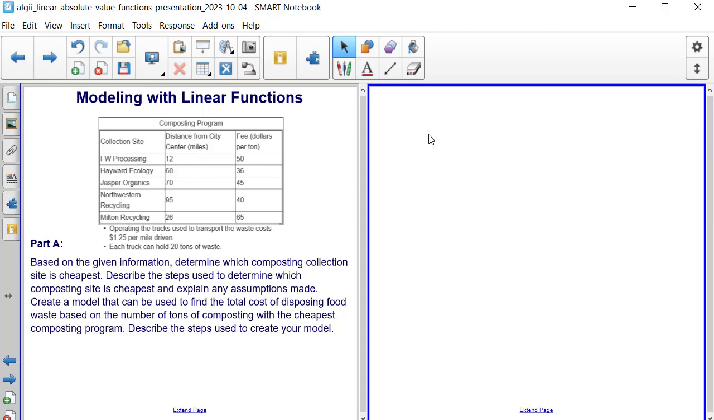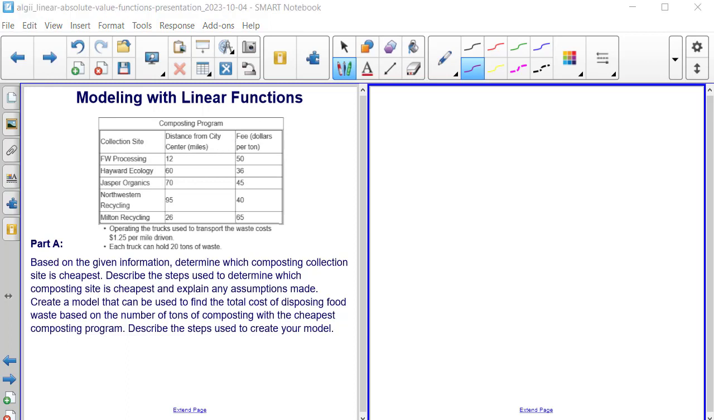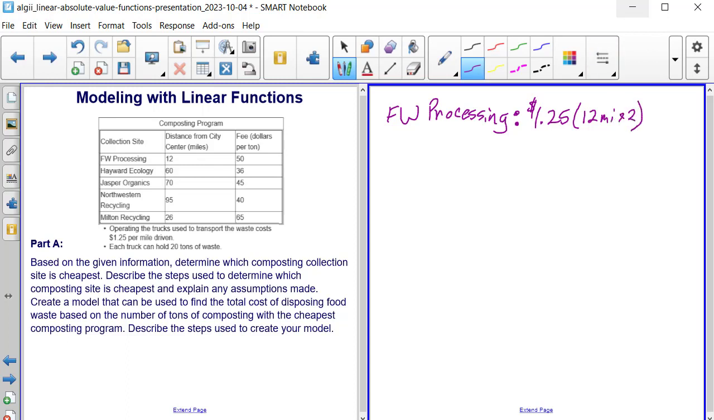Keep in mind that the trucks would need to make a round trip from the city center to each site. So they would have to go from the city center to FW Processing, for example, and then from FW Processing back to the city center. So for FW Processing, we are going to take the unit price per mile driven, which is $1.25, and multiply that by 12 miles times 2, and this